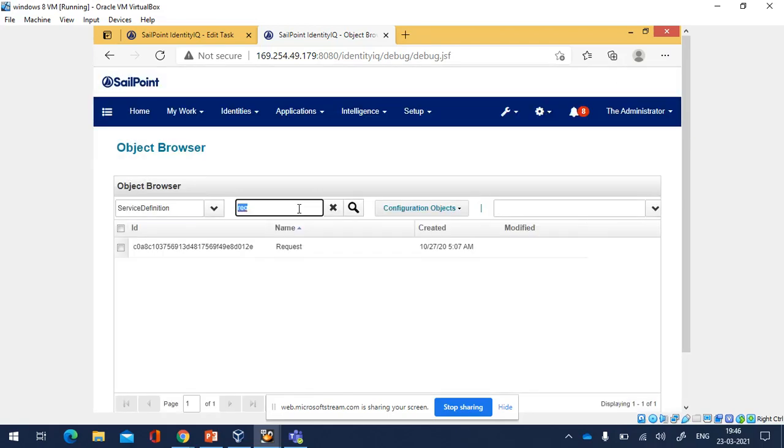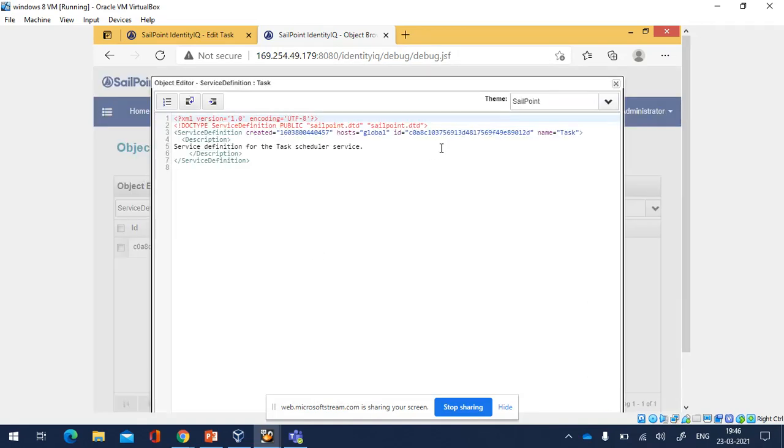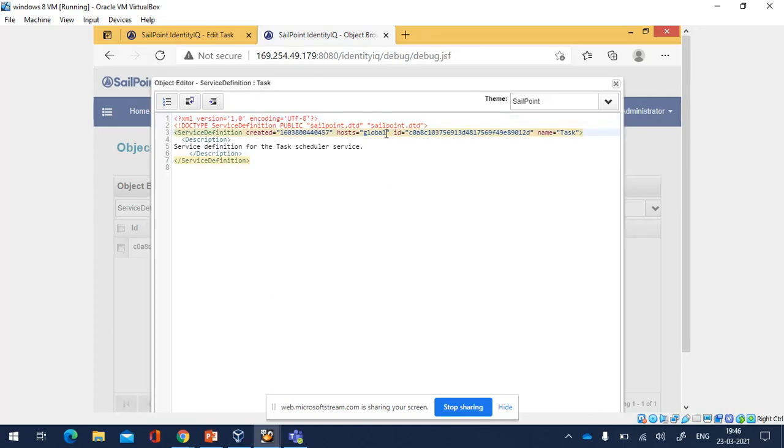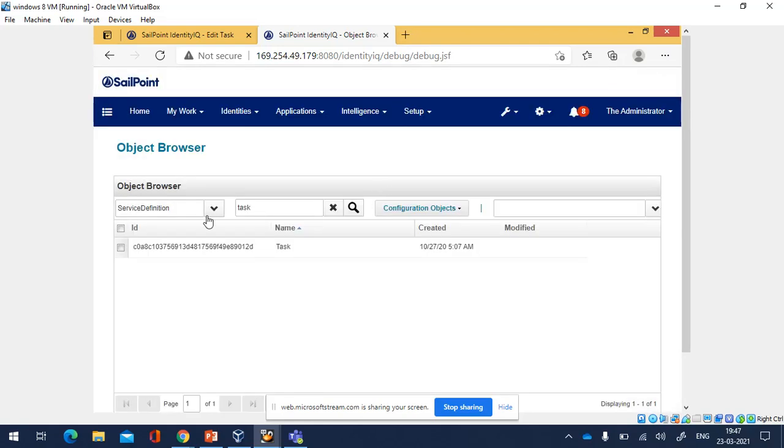In a similar way, we have one more object, which is the task object. This task object generally handles the requests that come from the task definitions. Here also in the host field, we have to give the host names of the servers that are present. Here we have given it as server 1 and server 2.